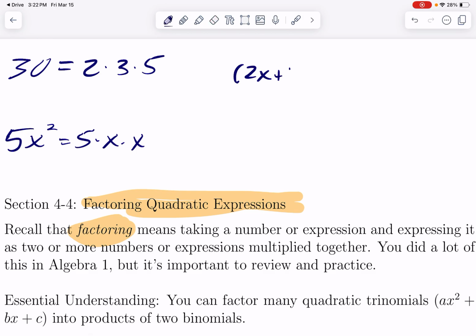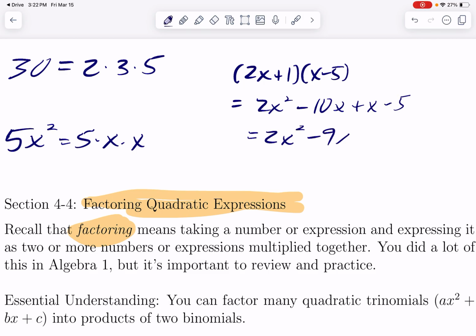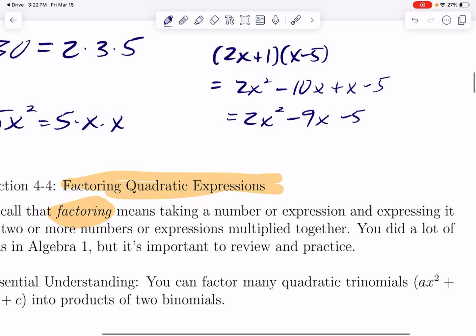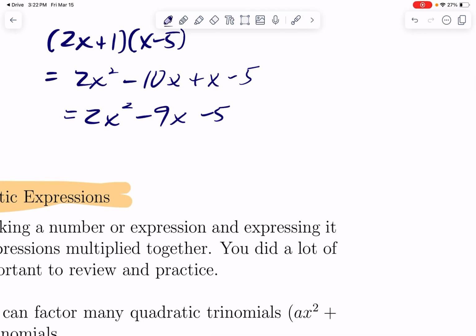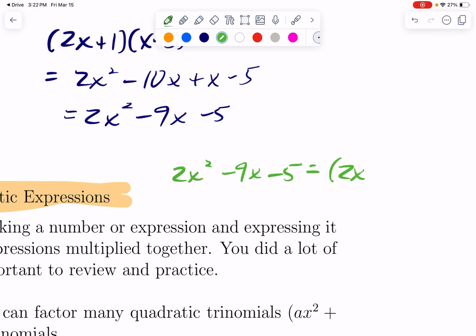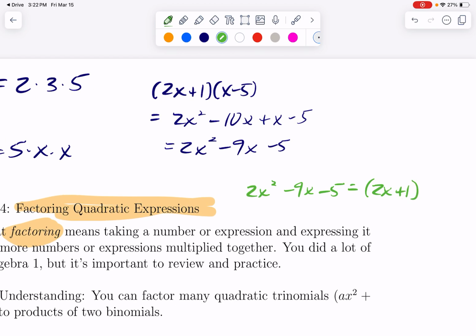if we remember foiling, 2x plus 1 times x minus 5. If I FOIL that out, that's 2x squared minus 10x plus x minus 5, which simplifies to 2x squared minus 9x minus 5. So what we could say, now that we know this, is, oh, if I have 2x squared minus 9x minus 5, which is pretty complicated, that's actually the same as the simpler expression 2x plus 1 times the simpler expression